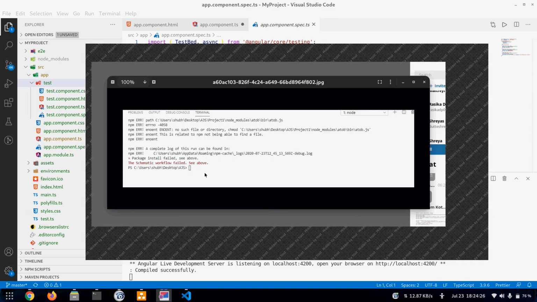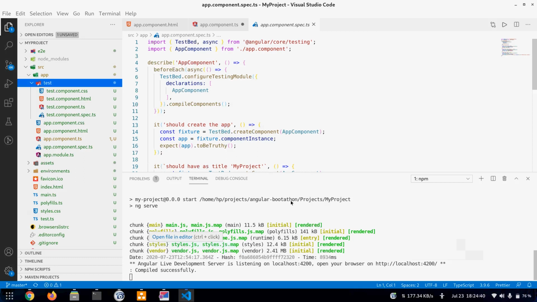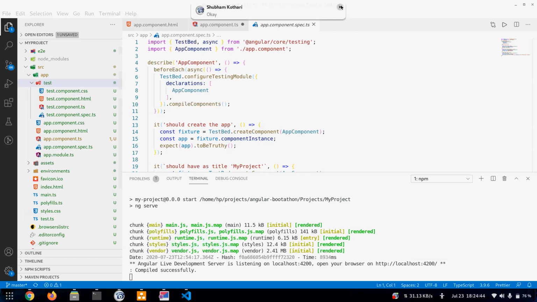Schematic. Well, this error I think is due to a network issue. Okay, so we have created the component.